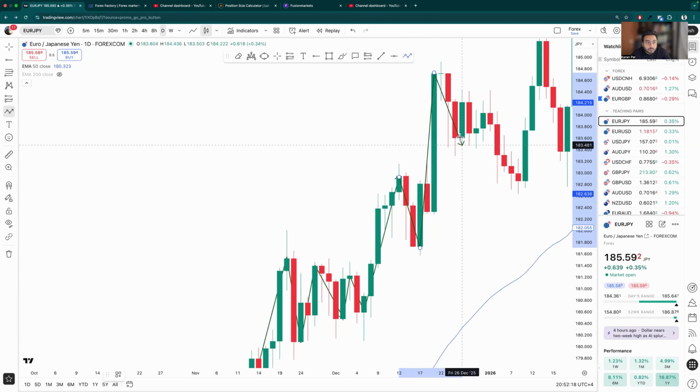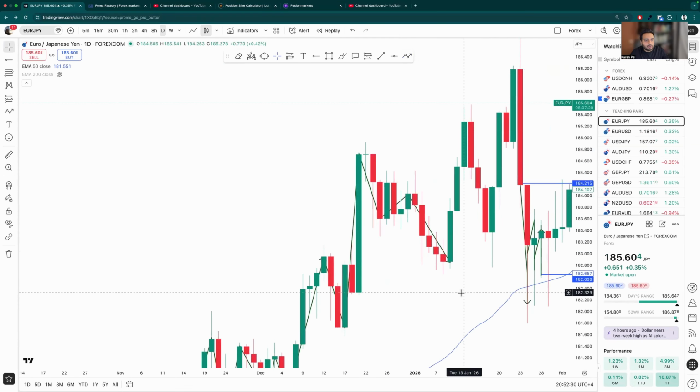Next, right here, this is not the higher low, right? This is nothing. This is your higher low. Another one right here. And why is this the higher low? Because you can see a clear break of structure. There's a break of structure right here. And this is your higher low. This is your higher high. This is your higher low. This is your higher high. This is nothing. This is just the market doing its thing.